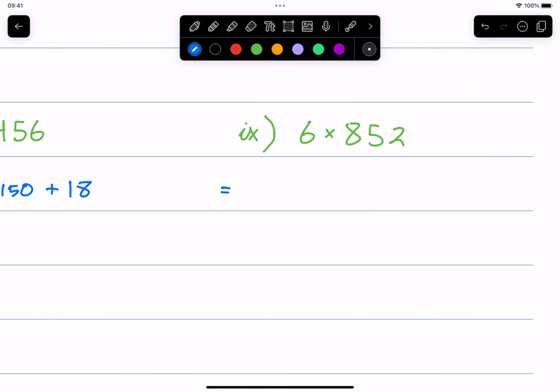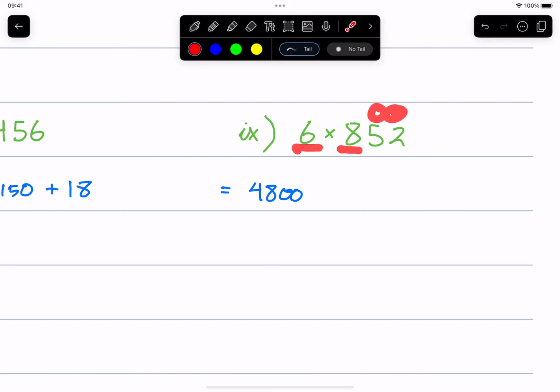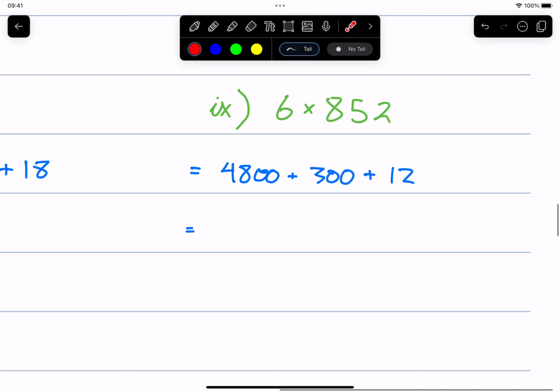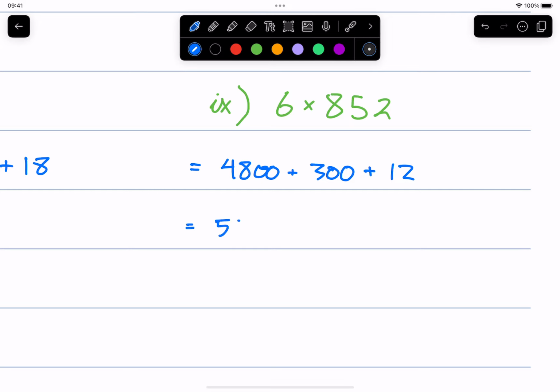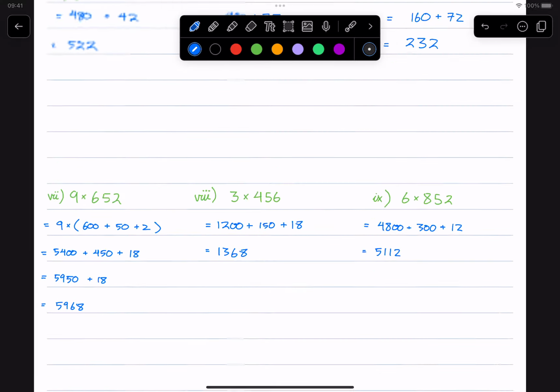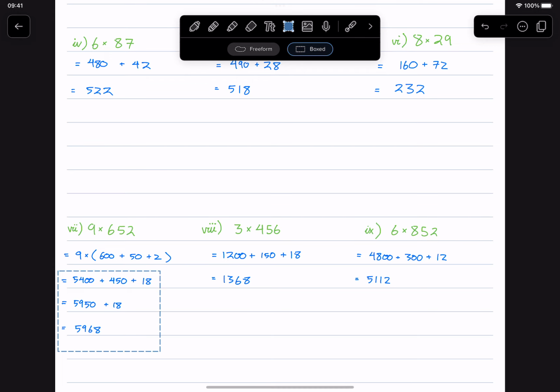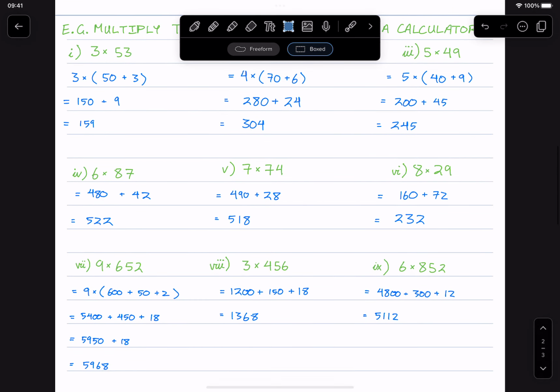So here we go. 6 times 8 is 48 with 2 zeros. So that's 6 times 8 with 2 zeros. That's 4800. Plus 6 times 5 is 30, but that 5 is a 50, so we need one more zero. And 6 times 2 is 12. Adding everything together, this is going to be 5, 1, 1, 2. And there we have a way to multiply large numbers